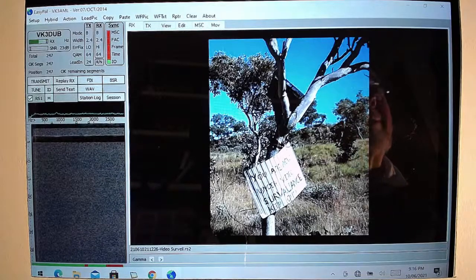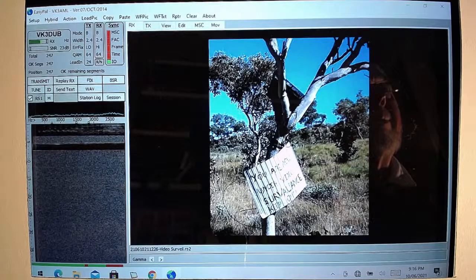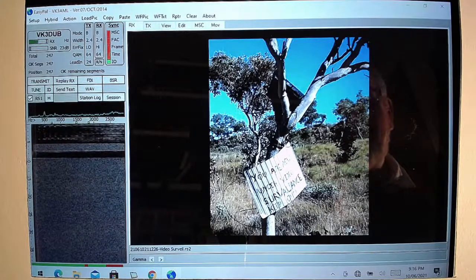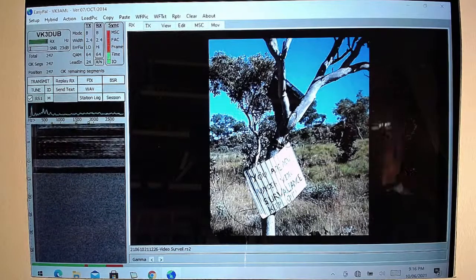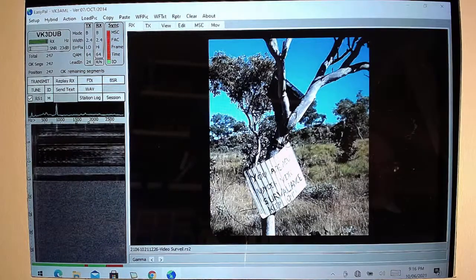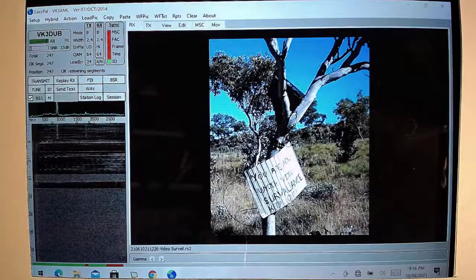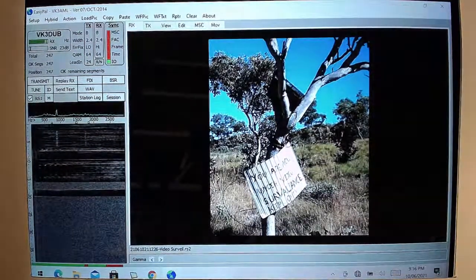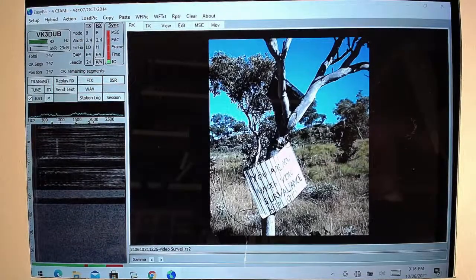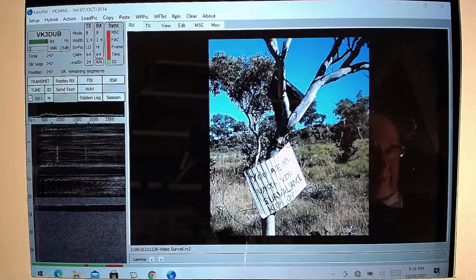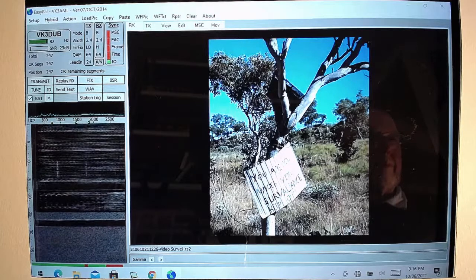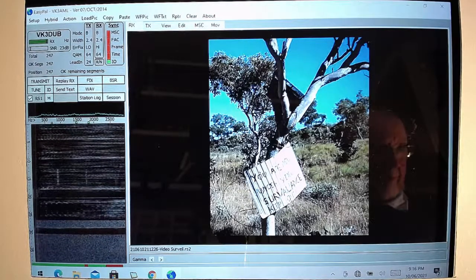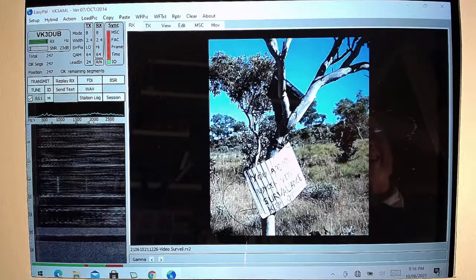Thanks, Chris. So would I. VK3DUB for comment on this one. Yeah, so I took that photo probably over 10 years ago now. It's out the back of Halls Creek in Western Australia, if anyone knows that area. There's a whole bunch of abandoned mine sites out there, and this was at the entrance to an abandoned gold mine. And yeah, it's an old VCR that's jammed up in the tree there,